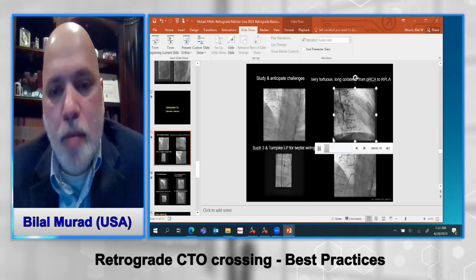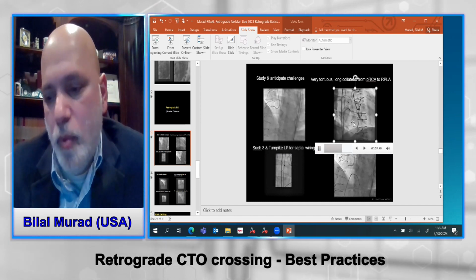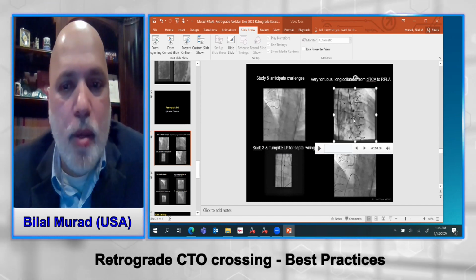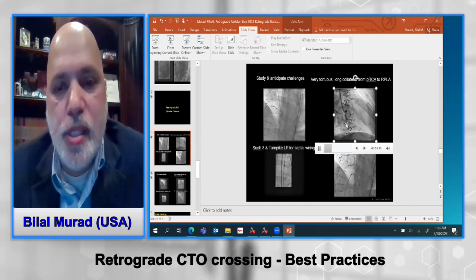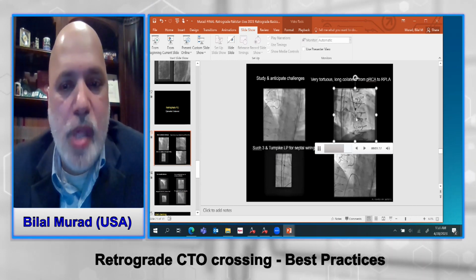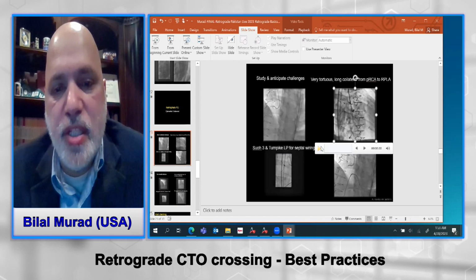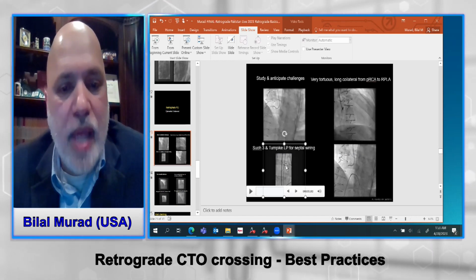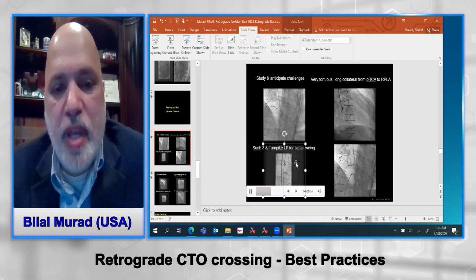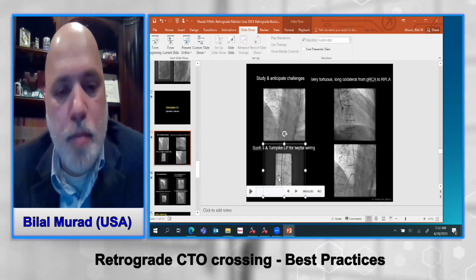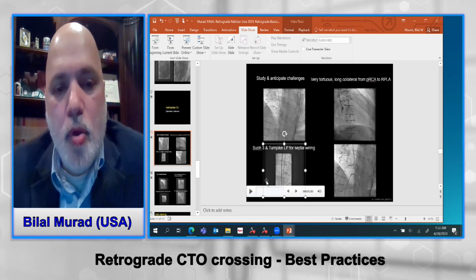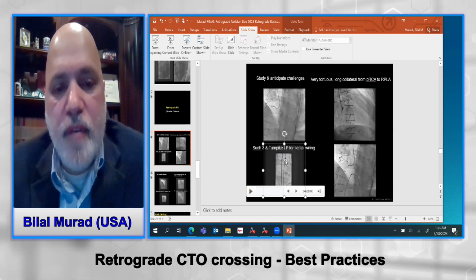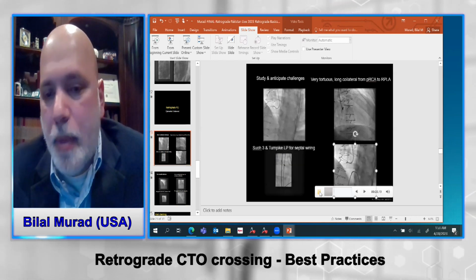So the third time around, because of class 3 to 4 angina, we actually went in with the retrograde approach. My only option was to access this very, very tortuous epicardial collateral from the proximal RCA that makes its really upward course all the way up and then comes down to connect with the right posterolateral branch. So here I have a Turnpike LP catheter with a Fielder XT, and after some